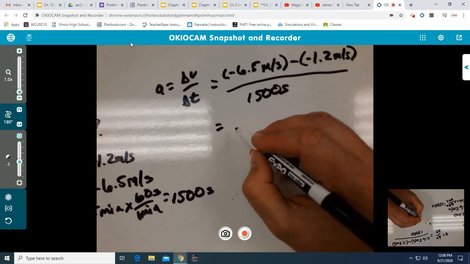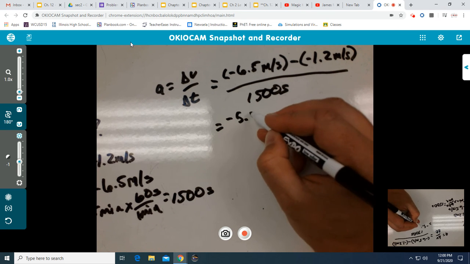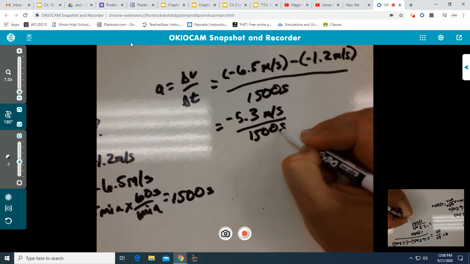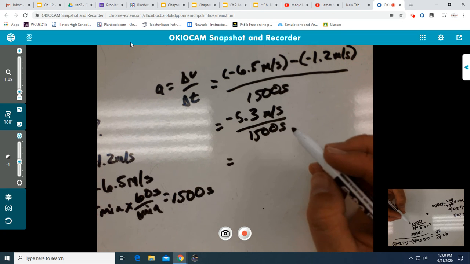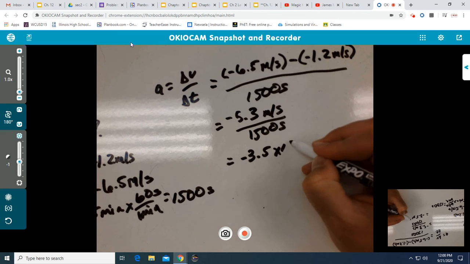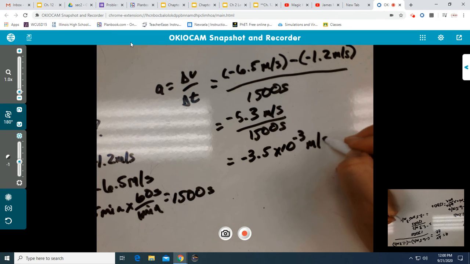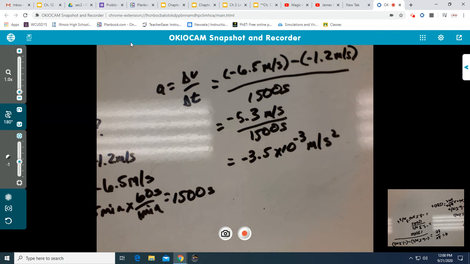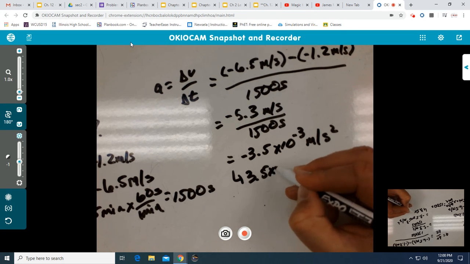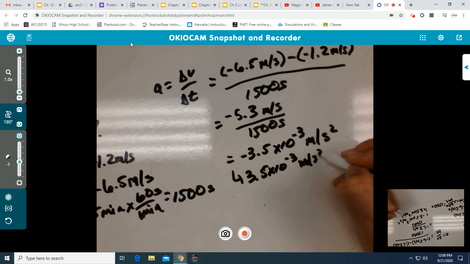So just doing the baby step method here, we'll find out that we have negative 5.3 meters per second divided by 1,500 seconds, and we get a total acceleration of negative 3.5 times 10 to the negative third meters per second squared. Again, we're looking for the average acceleration of the treadmill, and the only reason why it's negative is because its motion is opposite of you in a negative direction. I could also, if I wanted to, say 3.5 times 10 to the negative third meters per second squared